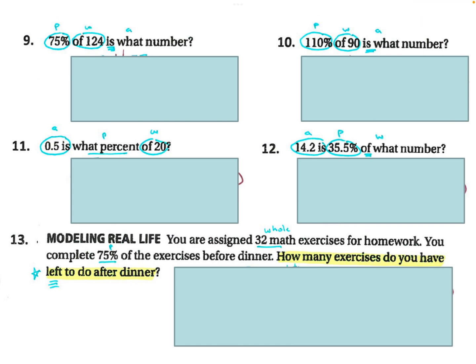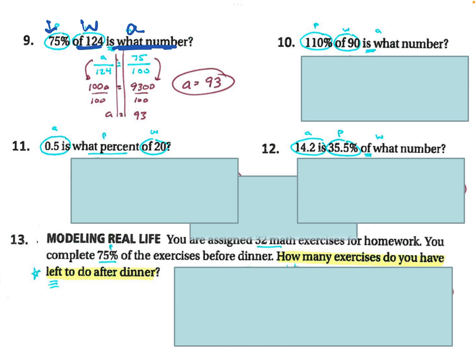Again, looking at number 9, I've got a P out of 124. W is what number? I'm trying to find what amount I have. A is what's missing. Again, I probably would have had X there, but using A, if that helps you, maybe I'll go to that in class in the future. So you would have 75 times 124 on your calculator, 100x,